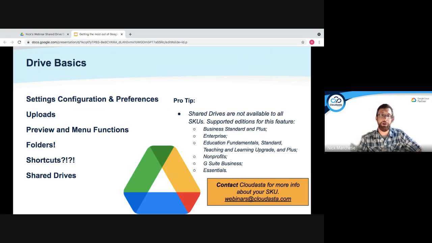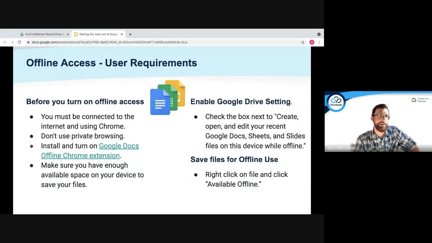All right, I'm going to go through a couple of other things that might be interesting for you. Offline access. Maybe you're going away for the weekend, you're off the grid, but you still want to be able to access your drive files and still be able to do some editing and work. Google Drive has this thing called offline access, where if you're using Chrome and you have the extension installed and you do a little bit of the setup, you can still work on your drive files offline. It's a common misconception that you can't work on any Google Drive stuff if you don't have an